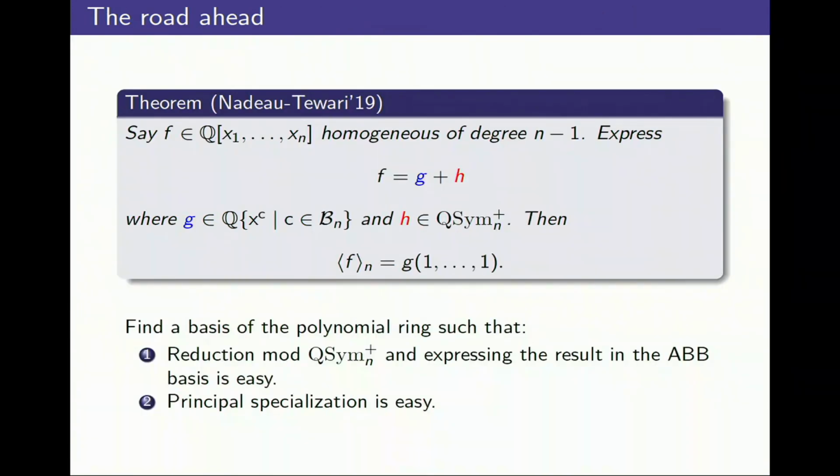Okay, so right. So let me just, what's the word? Recapitulate. Tell you the strategy again. I'm going to try and find a basis of the polynomial ring that is friendly to my goal, right? Reduction modulo QSIM, and splitting it into this thing should be an easy task. And then I want to do a principal specialization. So my hope is find some basis that behaves nicely with respect to the first step and has a good principal specialization. Any questions before I proceed further?